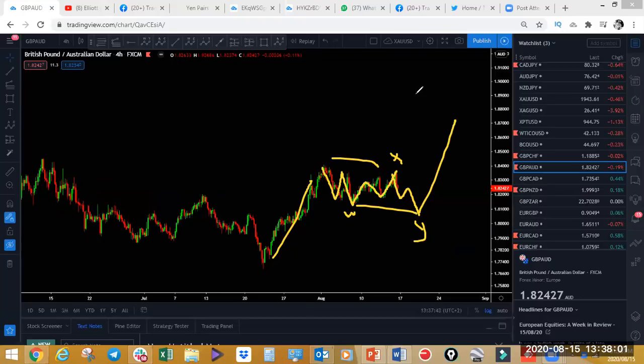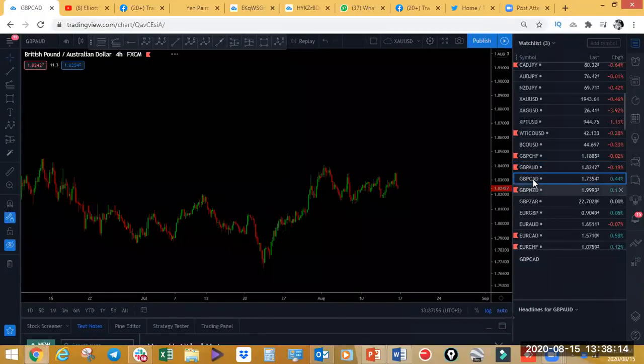Okay, so that is pound AUD, and the bigger structure here will be A, B, and C before a bigger move to the upside. The trend on pound AUD is to the downside. Pound CAD